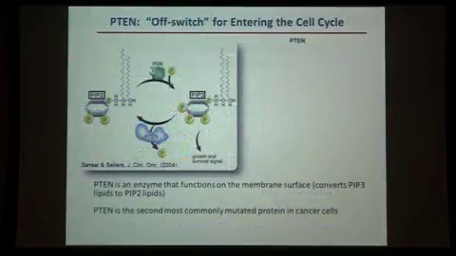So another example from Hirsch's group is the P10 protein, which is basically involved in cell cycling and turning the cell cycle off. So it's a